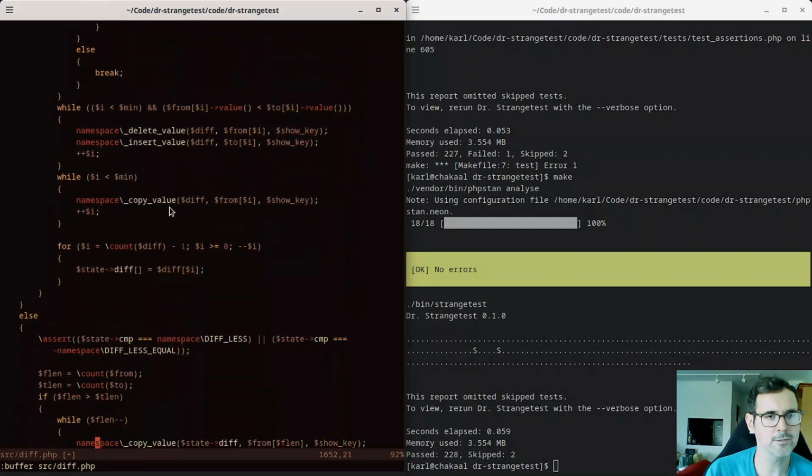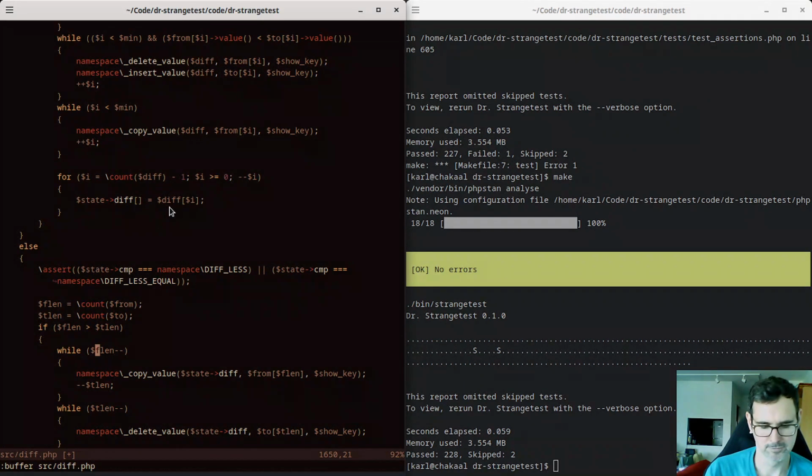So while to length, then we want to copy out, we want to do from length and then subtract from length. And then while from length, we want to say,